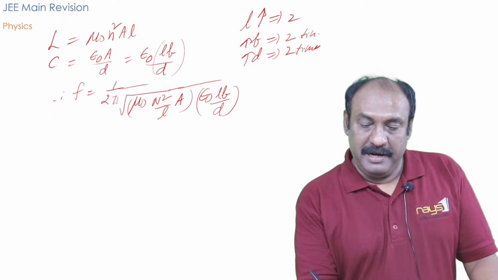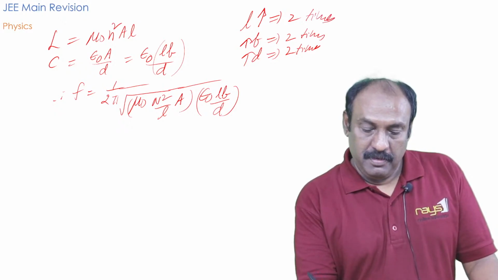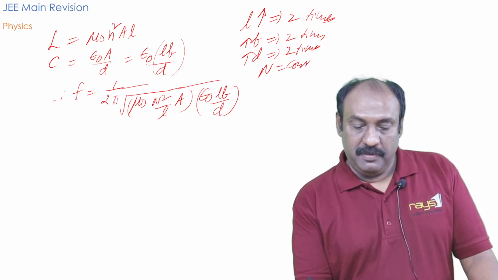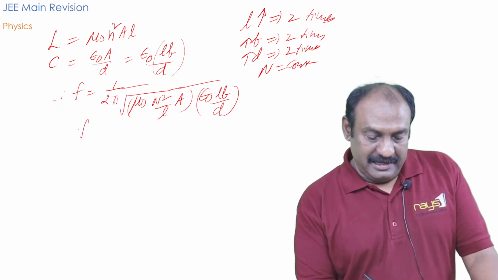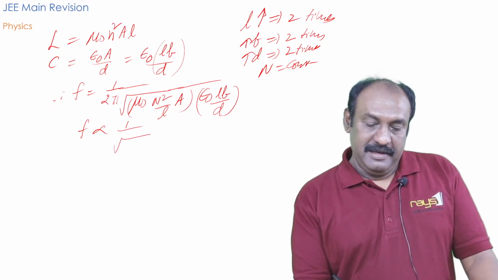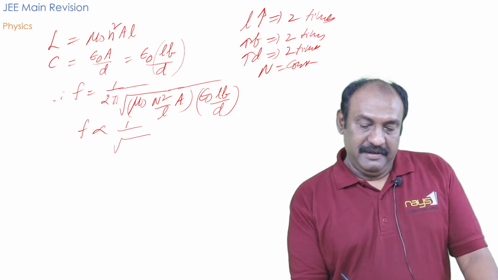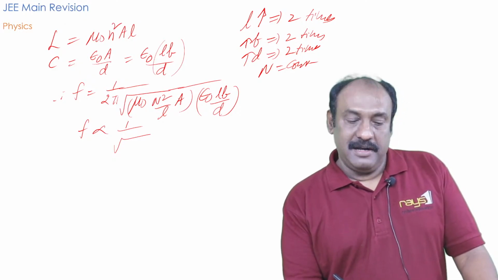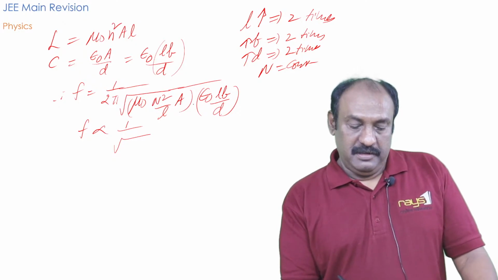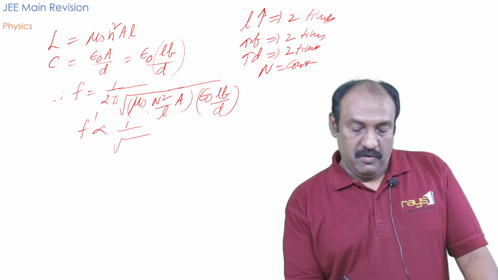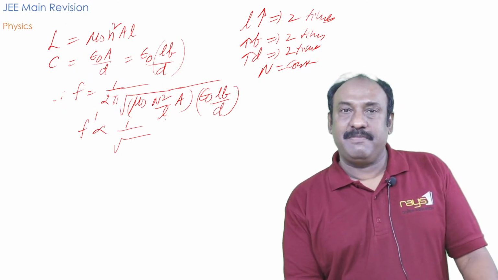All increases by 2 times. So here n is kept constant. So F is directly proportional to 1 by root of, here L gets cancelled, it is A. In place of A it is area. What is area here? Here also length into breadth. So finally it becomes 1 by 4, F dash becomes 1 by L value increases by 2 times, A